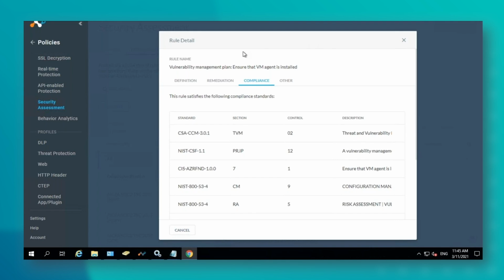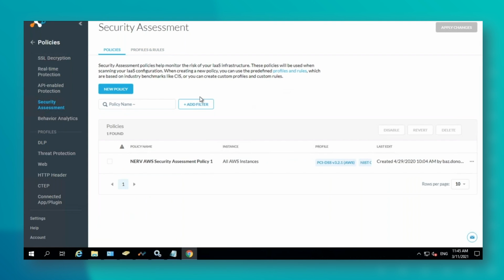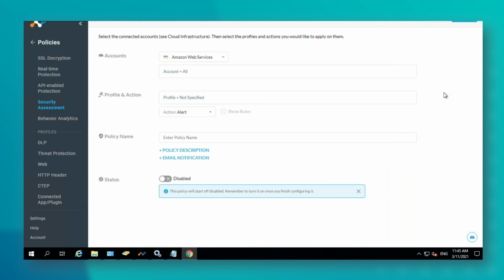We can then set these as a policy. So we could customize all of those rules. We could create our own benchmark using the out-of-the-box ones, or we could create a brand new rule from scratch if one isn't covered, or if we want to tweak it slightly to include something else or merge two rules together. And we would just pick which cloud platform it is, which profile, which compliance we want to look at, which rules we want to check, and we save that policy. Enable it. It's now going to perform checks for us against our cloud estate.